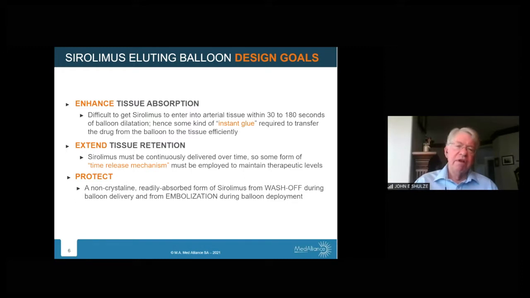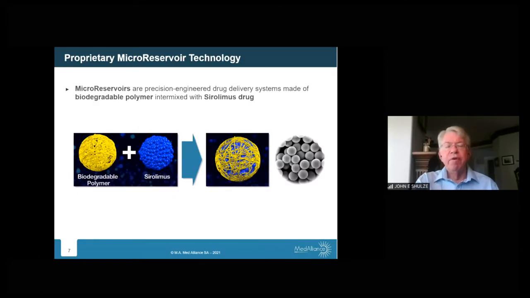So we really required the development of a whole new coating system, which we call a cat membrane, which I'll talk more about. So the first step was to combine the sirolimus with the biodegradable polymer, very, very similar to what you would find on the surface of a drug-eluting stent that contains a biodegradable coating. And this took the form of these small microspheres that you see on the right-hand panel. They're 4 microns in diameter, and there's literally millions of them that are created and placed on the surface of the balloon, each one of them comprising a miniaturized drug delivery system that's capable of releasing drugs over a 60